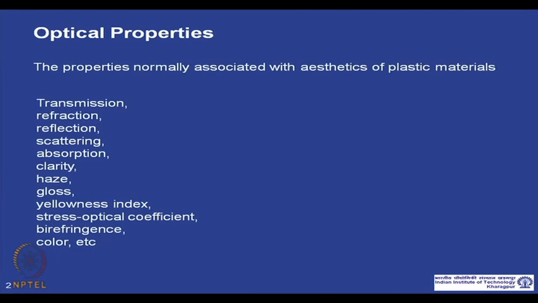So, let us start our discussion on optical properties. Now, when you make a material out of a polymer, like a plastic material, the look, the aesthetics of the material or the parts depends upon several optical properties. For example, if we are going to make a plastic or polymer material intended for optically clear applications, then the plastic part or the polymer part has to be transparent,